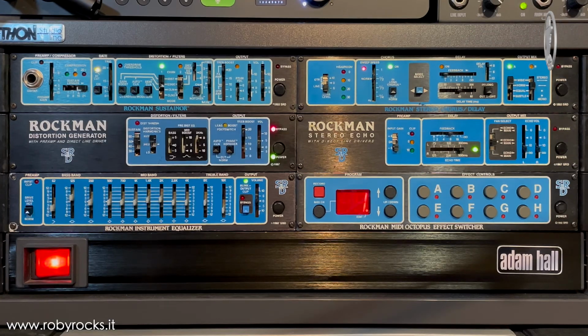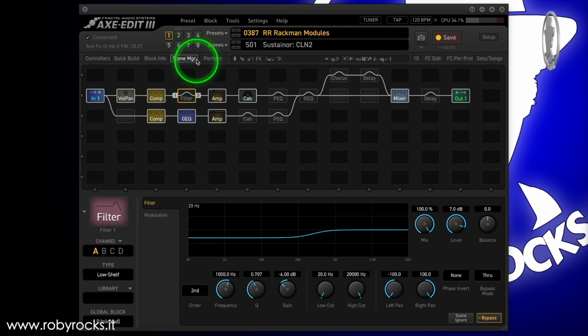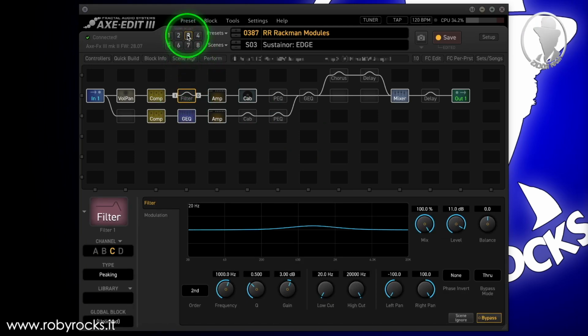Another control I replicated is the gain boost control, which is an input gain that only affects the edge and dist channels. In Fractal, I replicated this with the filter control. I position myself on the edge channel and test activating it.